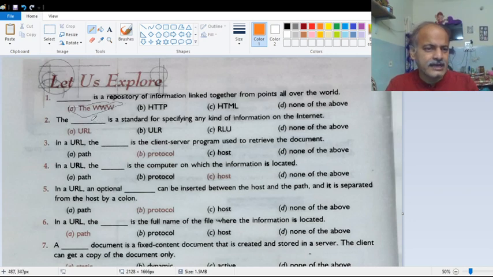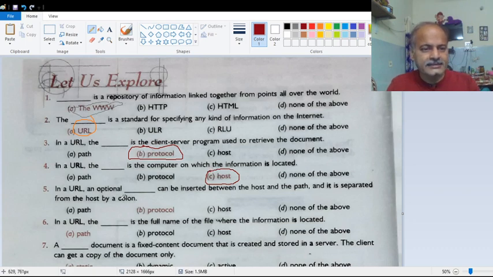Everybody knows the answer is the URL. Third question: in a URL, the blank space is the client server program used to retrieve the document. The answer is the protocol. Then in a URL, the blank space is the computer on which the information is located. Then the host.